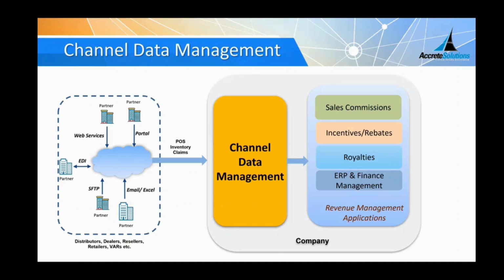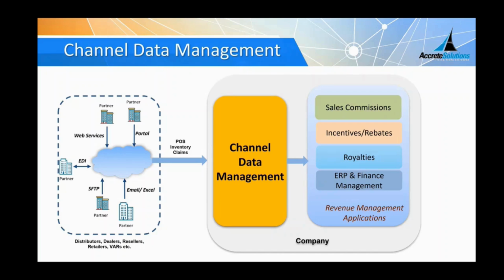Now, the biggest challenge when you sell through these channel partners is, when you ship your product, you know what is shipped into the channel. That's not really revenue. Revenue is when your channel partners eventually sell the products to the end customers. And that's a big problem because companies really want to know what products are selling where, who the customers are, what's the vertical. That information doesn't exist when you ship into the channel.